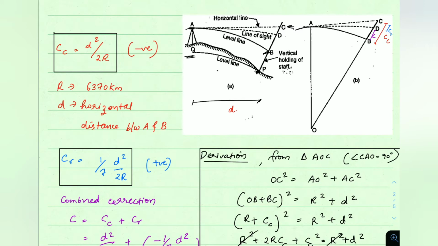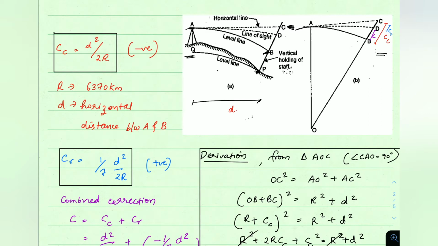So CC, that is correction for curvature, we have to make in order that this C point is changed to B point. So here in this figure, you see this red color CC. It represents the correction due to curvature. That correction we have to make in order that we get the staff reading at this point B. So that will be negative, right? We have to decrease a value from C to B. So correction due to curvature is always negative. That is the one thing.